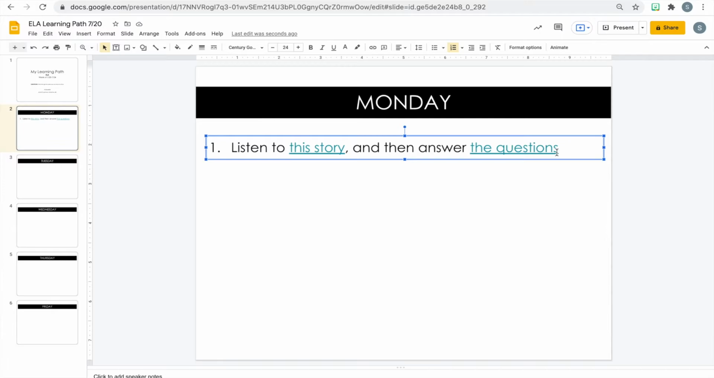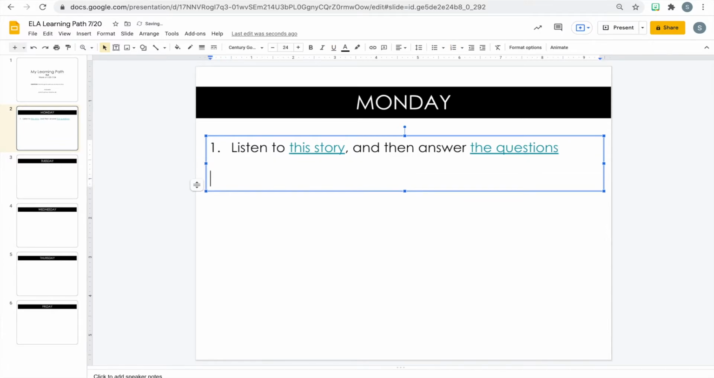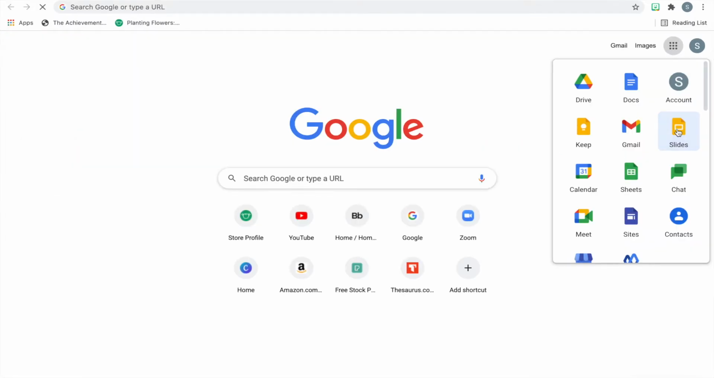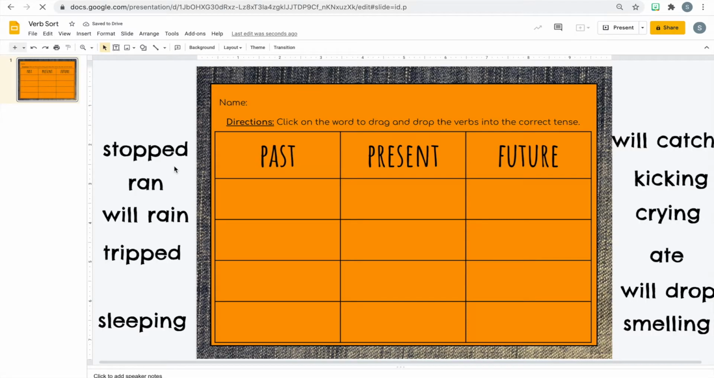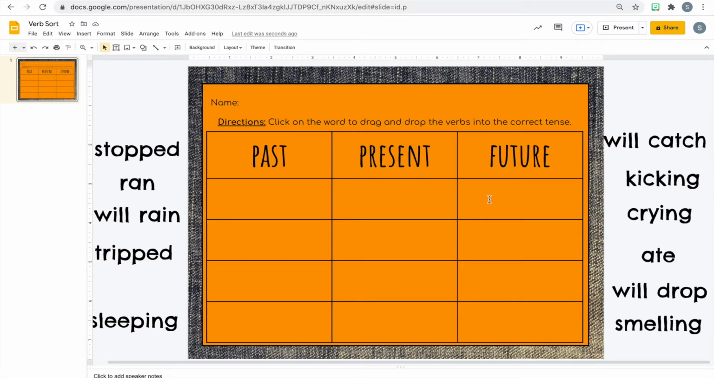So now we can come in and we can do number 2. I like to kind of space them out a little bit so that it's not too close together. Since this first one is a little bit time consuming by listening to a story and having to write, I'm going to give them a little bit shorter of an activity where they're just going to complete a sort. So they're going to complete the word sort, which I created in Google Slides. It's this verb sort that they are going to read the different verbs and they're just going to sort them into the correct boxes based on the tense. They would just start sorting